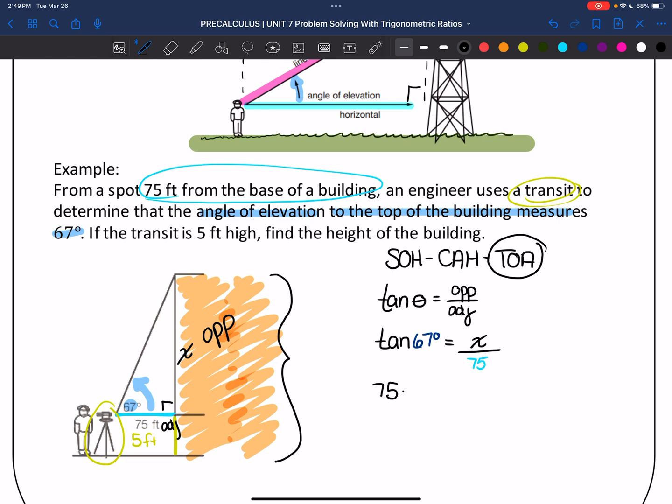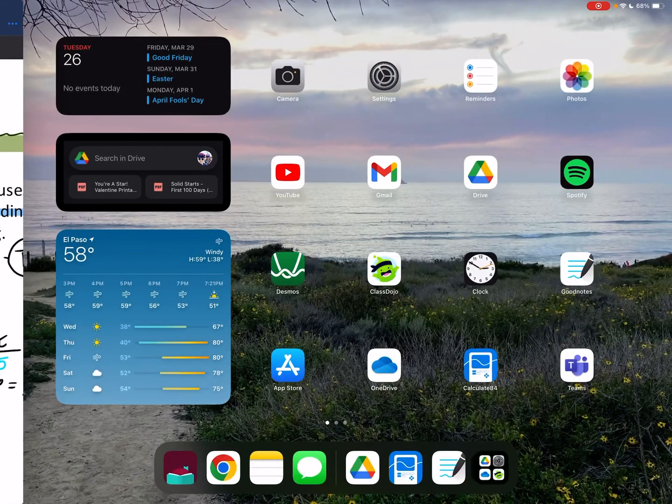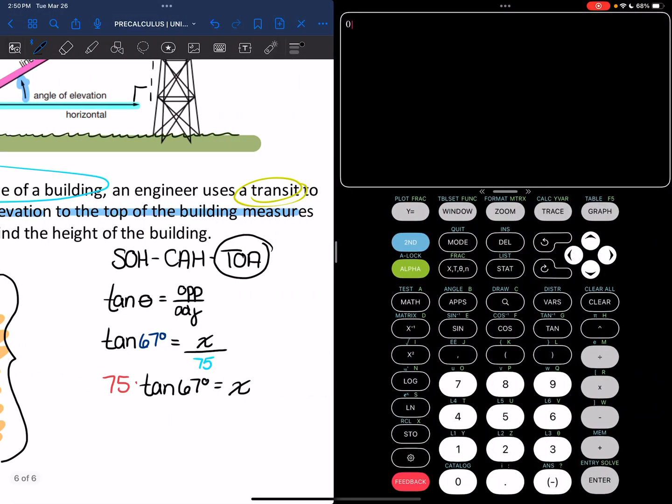So 75 times tangent of 67 degrees, and then we'll grab our calculator to figure that out. Let's go ahead and pick that calculator up and type that in. We're going to say 75 times tangent of 67, and that gives us 176 point, it would round up to 7